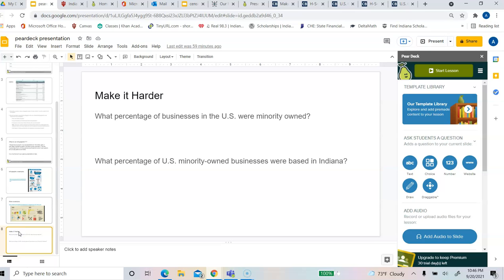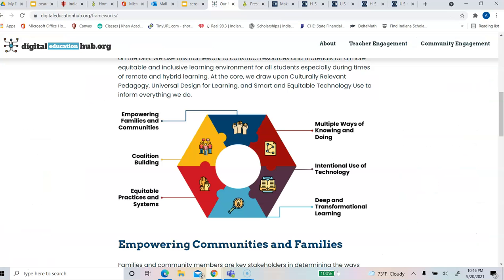I could see some people complain about this lesson: oh, what math are students actually doing? Well, for that example, minority-owned businesses, maybe you can make students find a percentage, and then students are dividing based off that US Census statistics. So with Peardeck, you can add more to the lesson than you already had, which is another great feature about it. Great. And so that's connecting to two of our through lines, intentional use